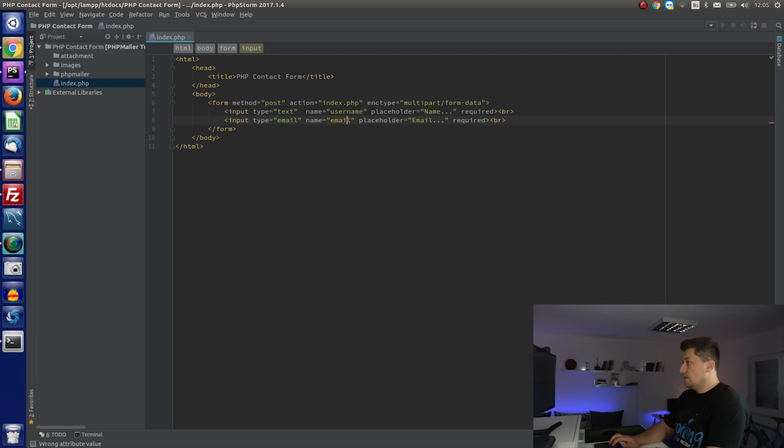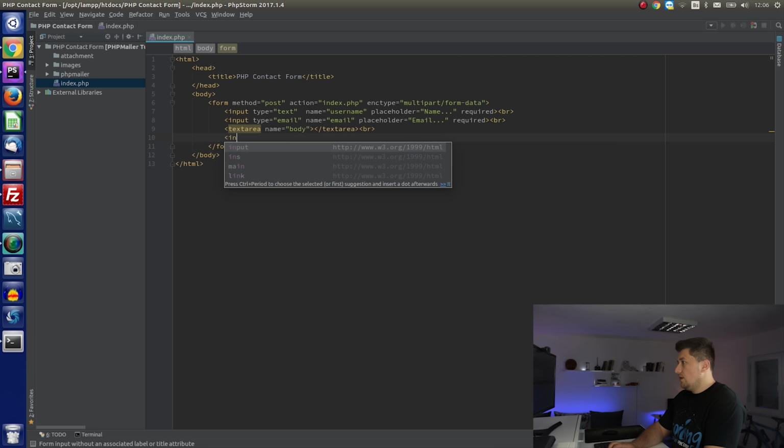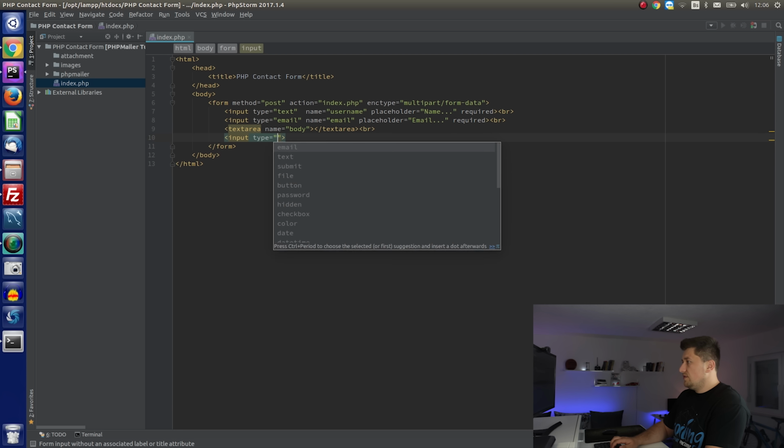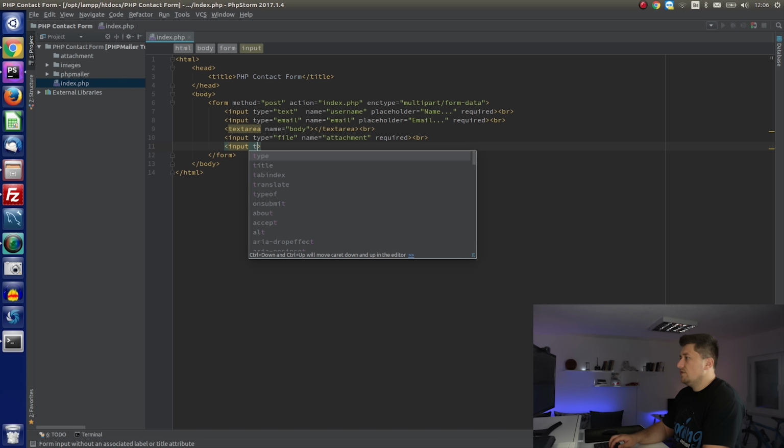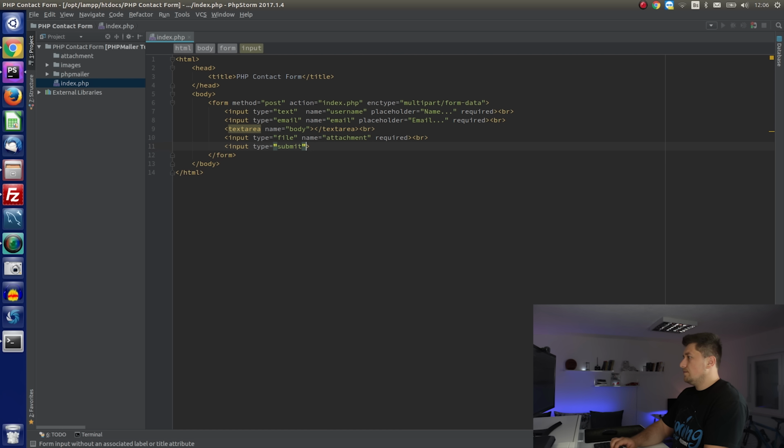After that, I will have one text area. I will name it body. Put break. I'm going to have one attachment, so type will be file, name will be attachment. I will also set it as required, and I'm going to have one input that will be submit button. So name submit,